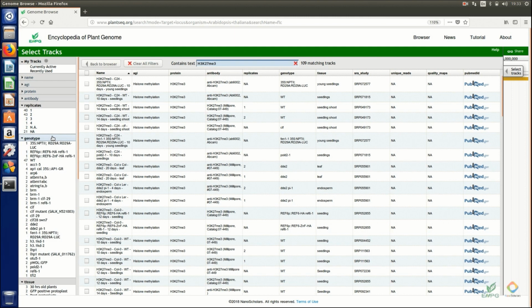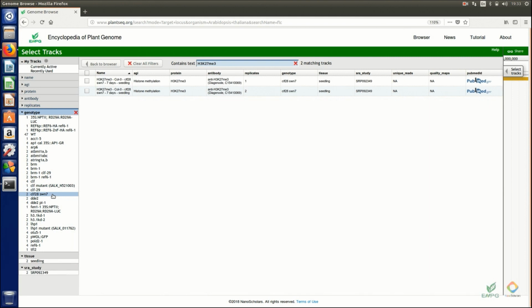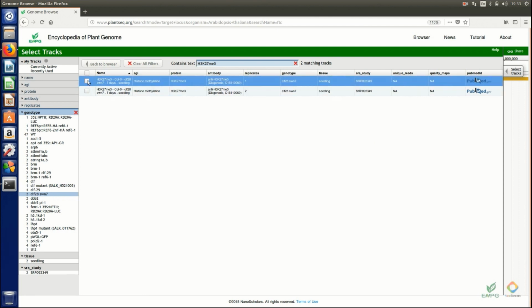genotype one. Okay. In genotype one, it lists all the different genetic background materials that have been used for examining H3K27 trimethylation in our current database. So we can search the curly leaf and swinger double mutant. These two enzymes are actually two methyltransferases which catalyze H3K27 trimethylation in Arabidopsis. So we can choose one of them, and also include one single mutant of curly leaf